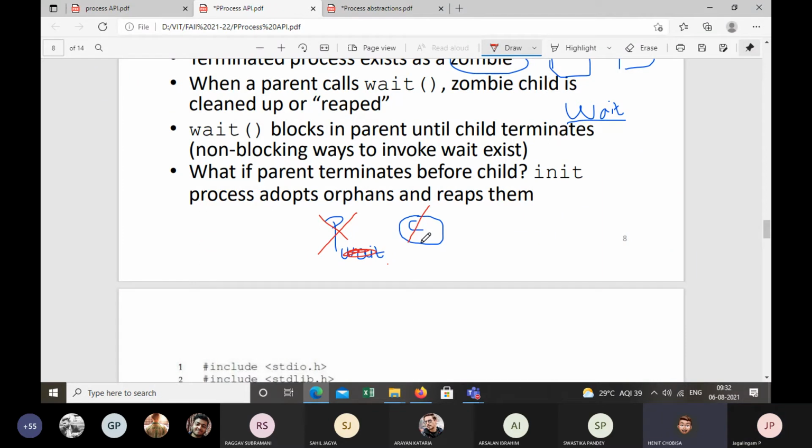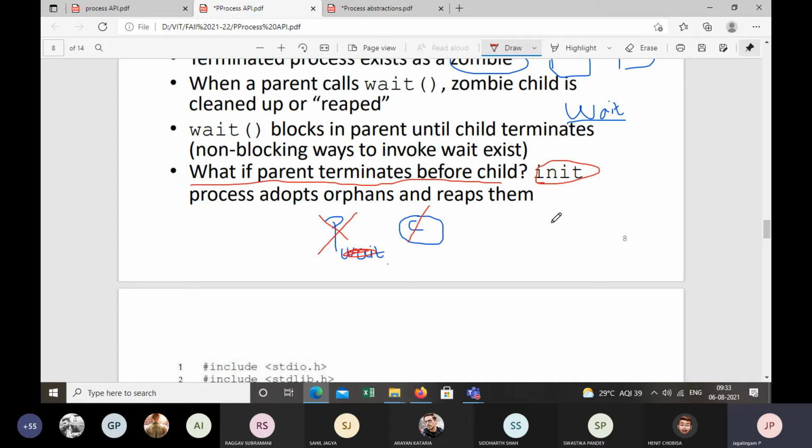The init process of the OS itself. Good, good. Look at the last point in the slide: if parent terminates before child, you have an init process. What do you mean by init process? What is init? We discussed it in the first slide. It is the first process from which all the processes start. It's an ancestor for all the processes.